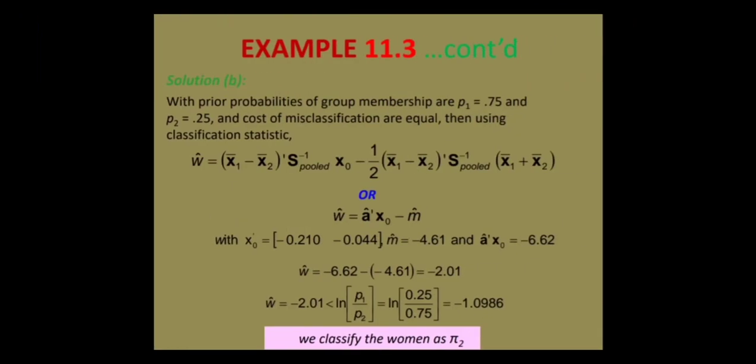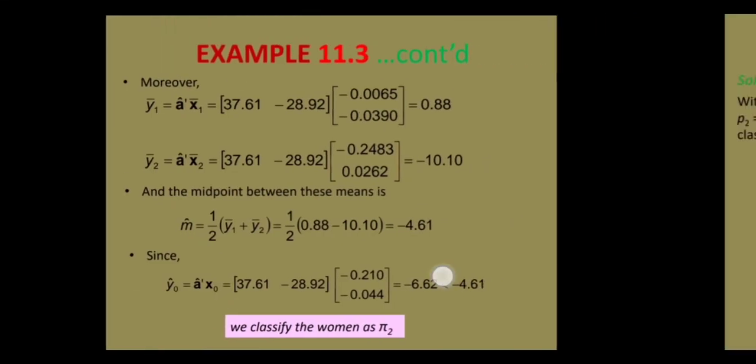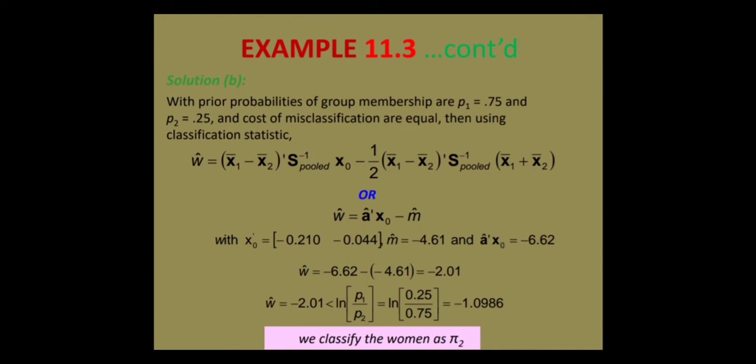Untuk B pula, solution B tadi apa? B tadi soalannya dia kata equal cost with prior P1 is 0.75. The probability for normal person, individu is 0.75, and the probability untuk carrier is 0.25. Okay, we have the value of probability. So, kita gunakan sebenarnya formula yang sama, cumanya P tadi ada value lah, dia bukan 1. Dia bukan dia punya ratio, probability ratio tadi bukan 1 lah. Okay, so method yang sama,